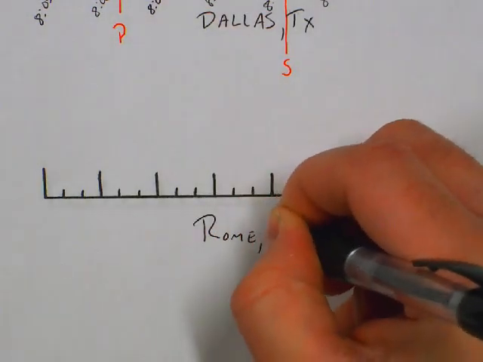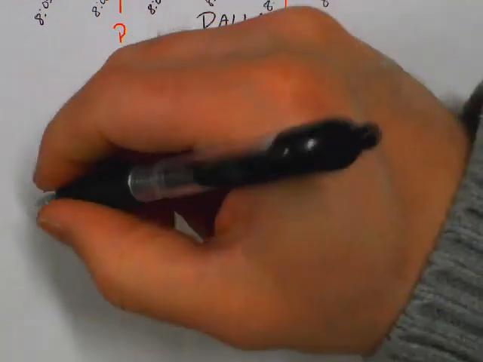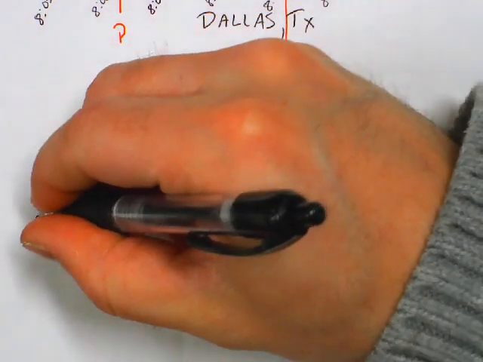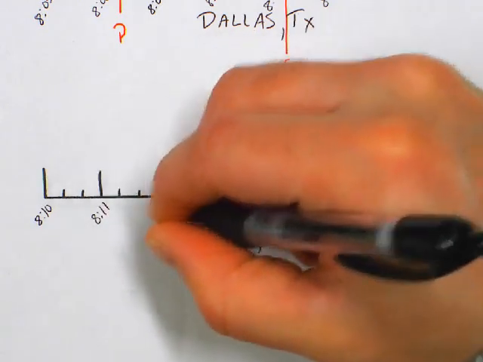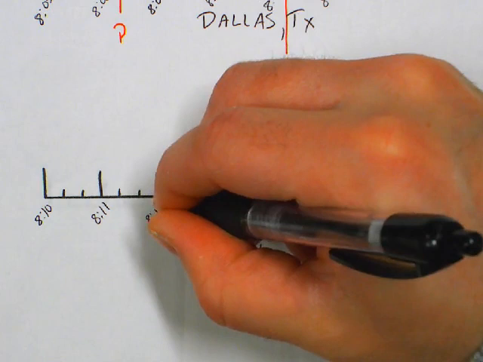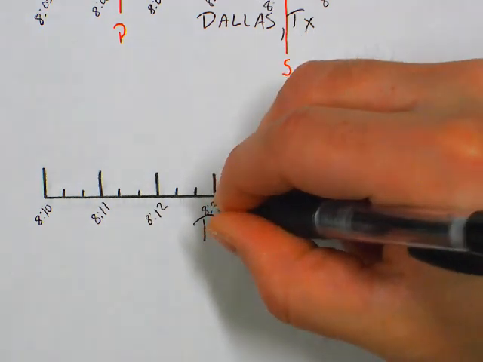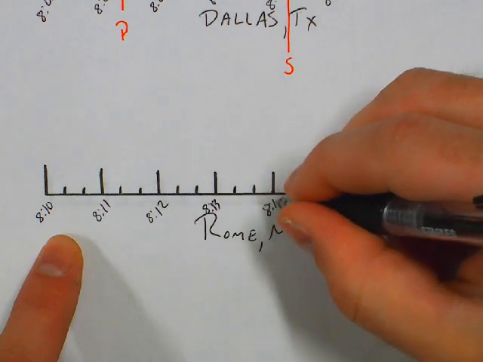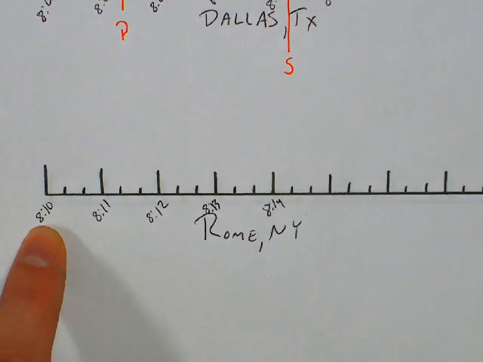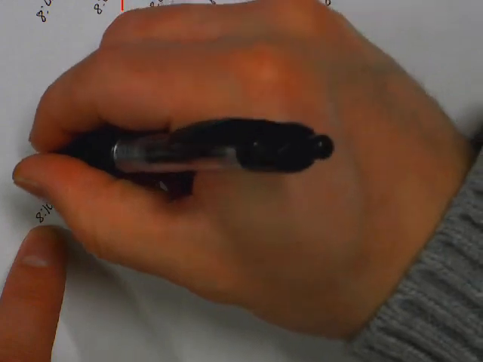Rome, New York. Not many earthquakes in Rome, New York. So let's say I do 8:10, 8:10, 8:... Still same time of day. I've just got to do a slightly different scale on here because we're so much further away. The P waves take a longer time to get there. Okay? So when the P waves show up,